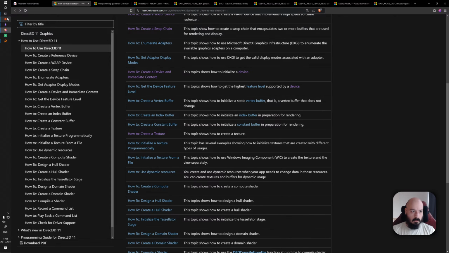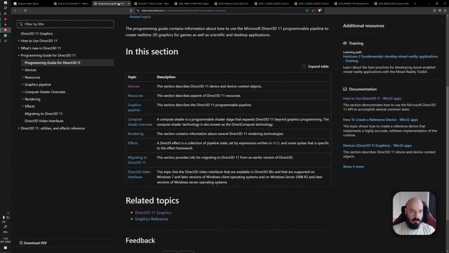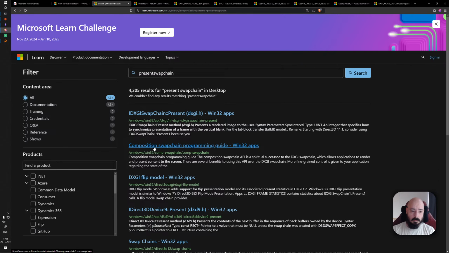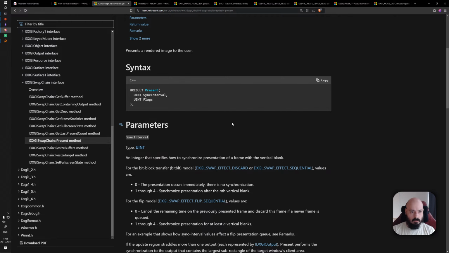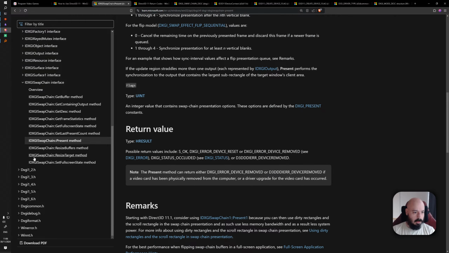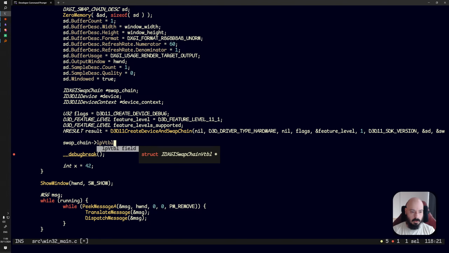All right, so we've got a device and a swap chain. We need to be able to present the swap chain. I know that's a function, isn't it? Present swap chain. Is that what it's called? Yep. No, it's just called present. DXGI swap chain. Okay, so that means we would have on our swap chain a long pointer v table